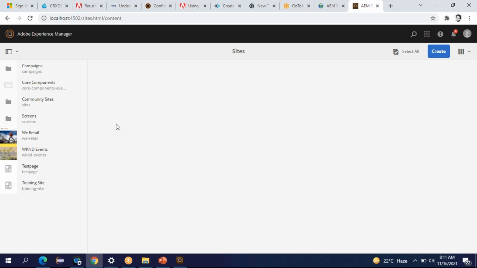The site admin console only supports your classic UI devices, that is your laptop and desktop. But sites.html supports all classic UI devices as well as touch UI devices. Touch UI devices means your mobile phone, your tablets and all. Using a tablet you can access sites.html, create pages, open the page, and author the content of the page.